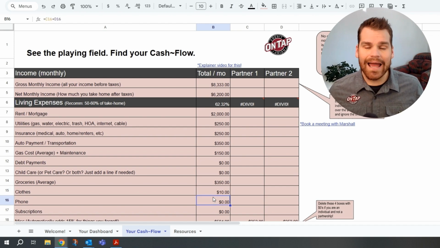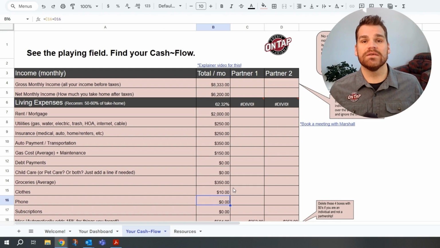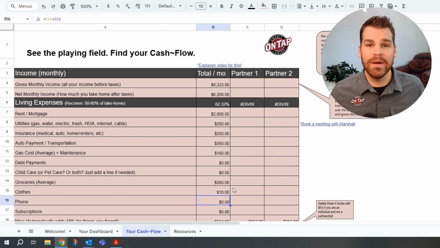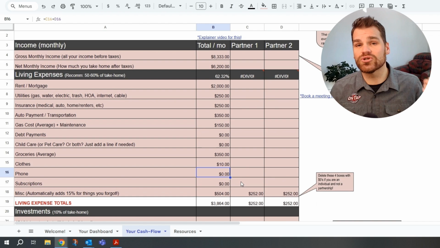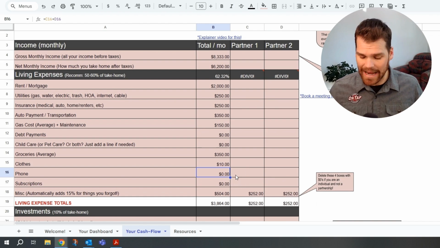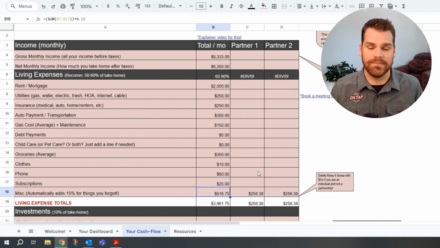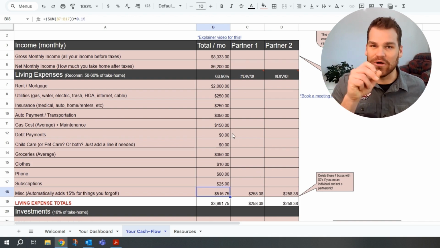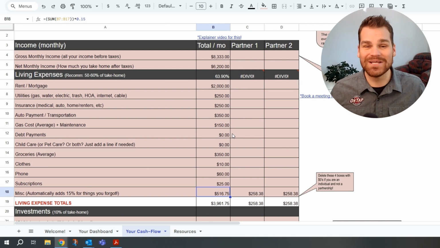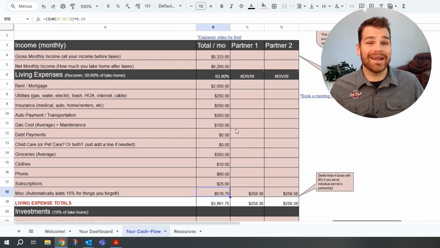Well, I highly recommend that you use the free tool available to OnTap members that is embedded within our mobile banking app. It is extremely helpful for figuring out what your average costs are in these regards. And you don't have to pull every single one of your last 5 credit card statements and pull out 3 different highlighters and go into all of the specifics and details. That is a blocker for